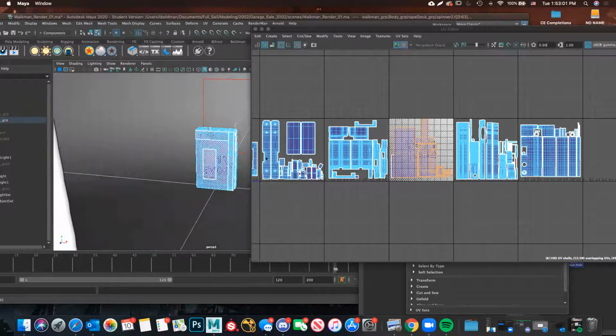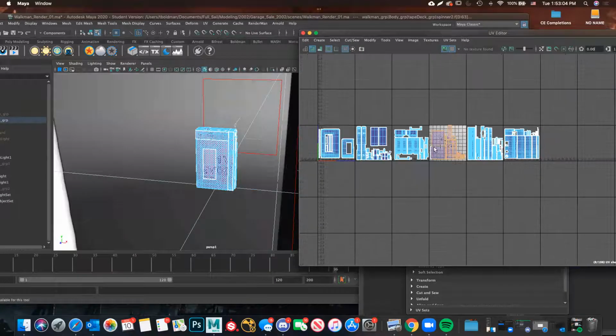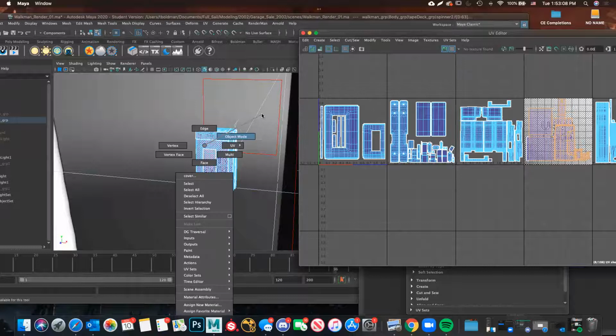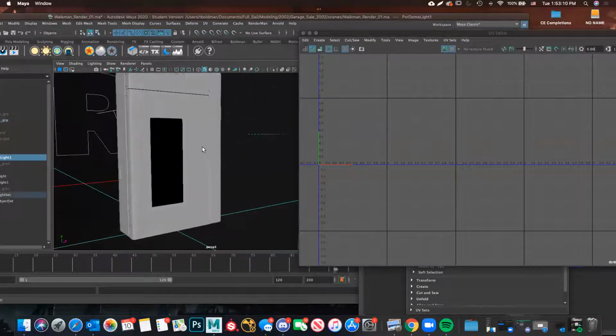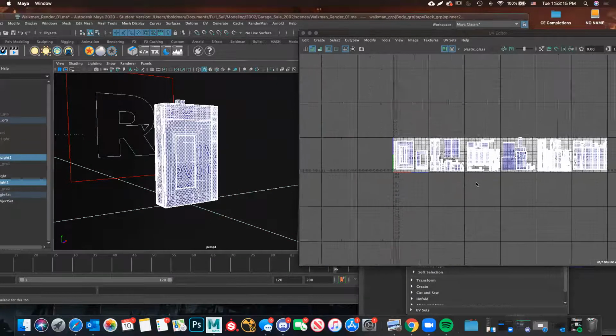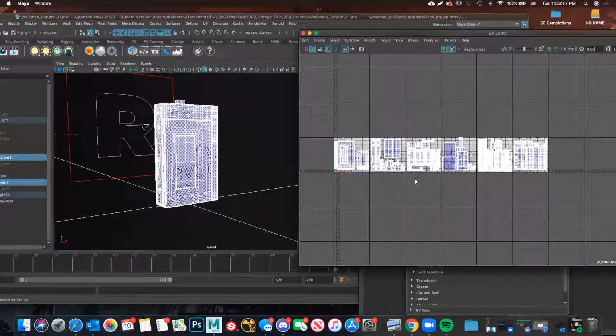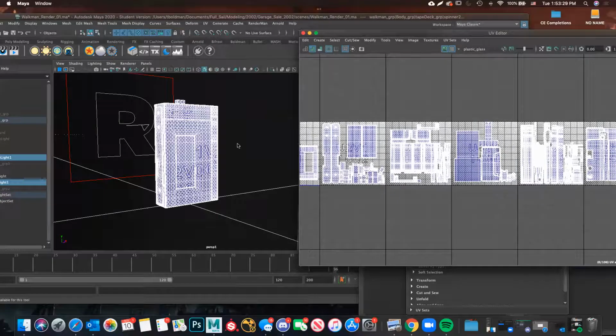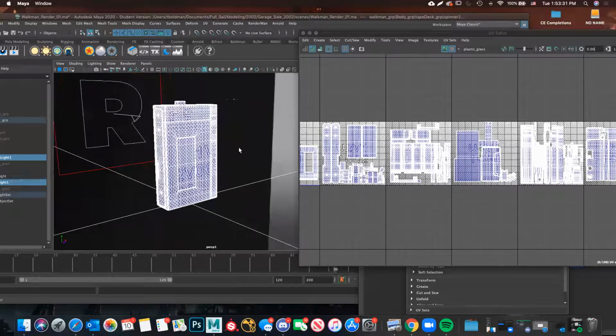So I actually went a little liberal on the UDIMs. I probably don't need as many, but for sport. There's nothing wrong with having too many, right? Not necessarily. Each one of these maps is a 4K map, and I did a 4K render, and I think it took like 25 minutes for my MacBook to render it. Oh wow. Again, that's kind of the beauty of UDIMs, it's a lot faster because it's